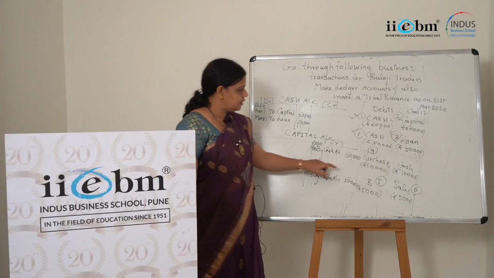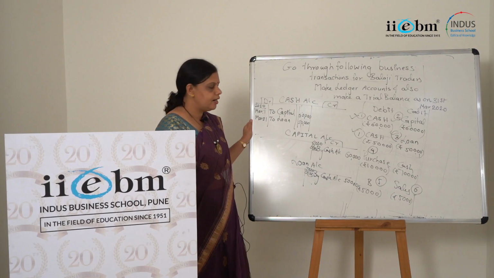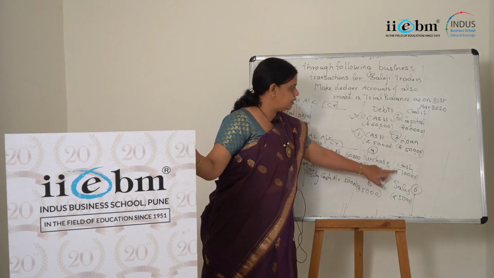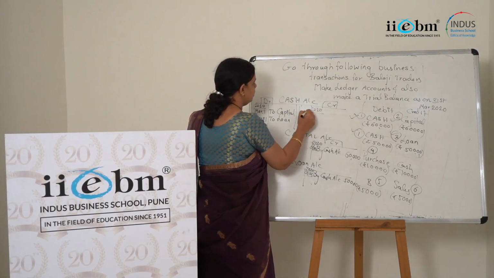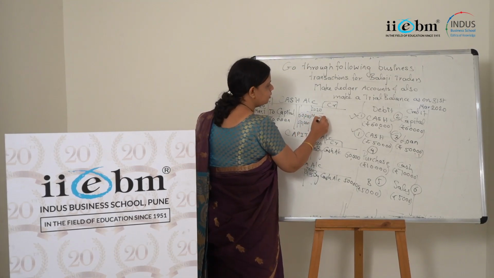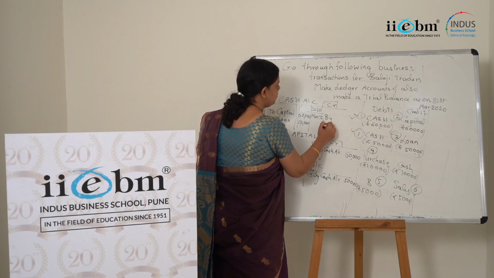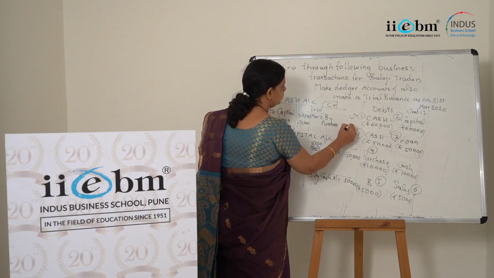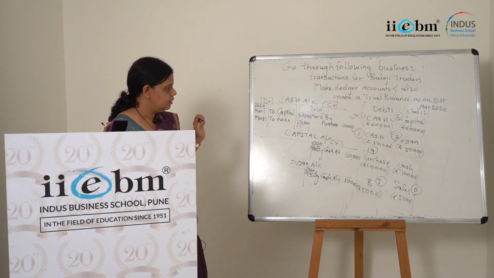Now the next transaction is on 2nd March where purchase is debited and cash is credited. So cash is credited or debited? Credited. So where should I write down? I should write down here. So I'll write down March 2 and I'll write down here, by purchase. What is the amount here? 10,000. By purchase, I'll write down the amount as 10,000 here.